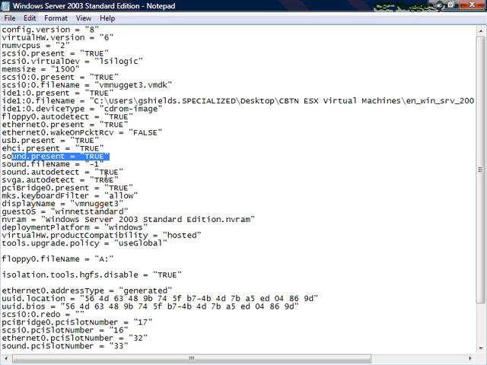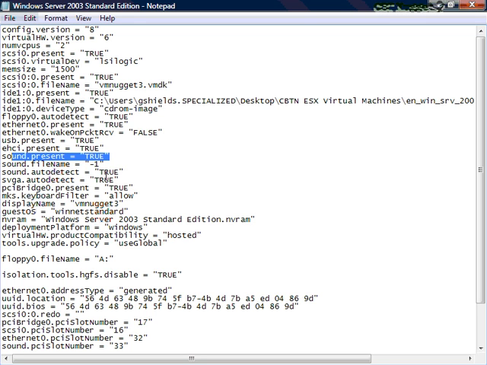There are, in fact, as you get into some more advanced virtualization topics, you'll find that there are some components that we actually need to go into the VMX file to manipulate in order to provide functionality that's not available inside the GUI. One of these that we're actually going to do in a future Nugget allows us to build a full ESX server inside of a VMware Workstation. So when we get into ESX, we're going to go back into this VMX file, and we're going to make a couple of changes to this VMX file to allow us to do some more things